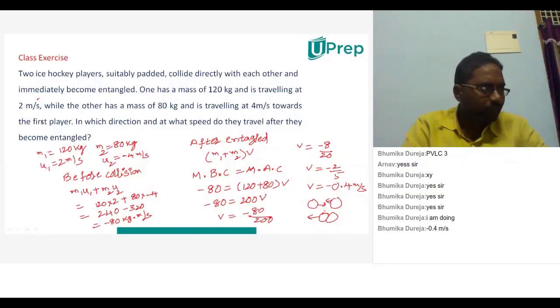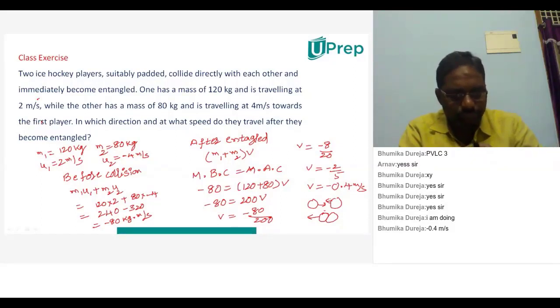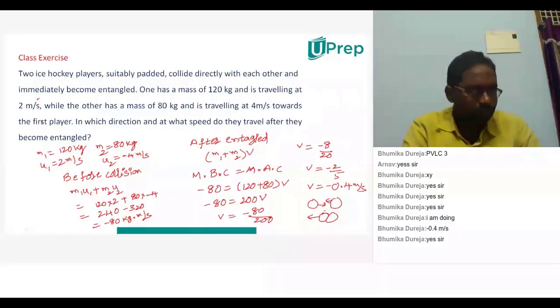Whether you got Bhumika minus 0.4 meter per second. Very good. Do you got, sorry, Arnav, have you got this answer? Yes, sir. Milan not there today? Okay. So Bhumika, you got this answer, same answer? Right. Okay, very good. So in this way, you have to apply